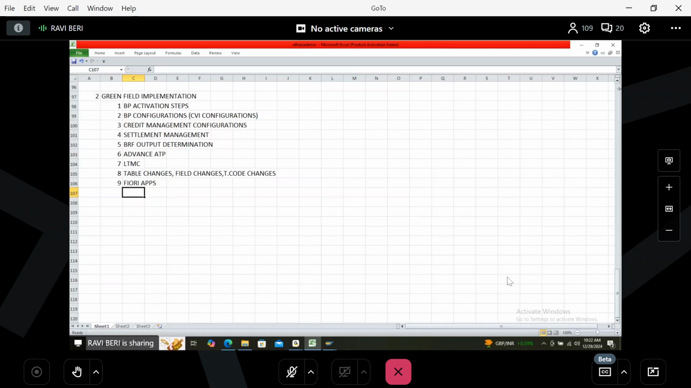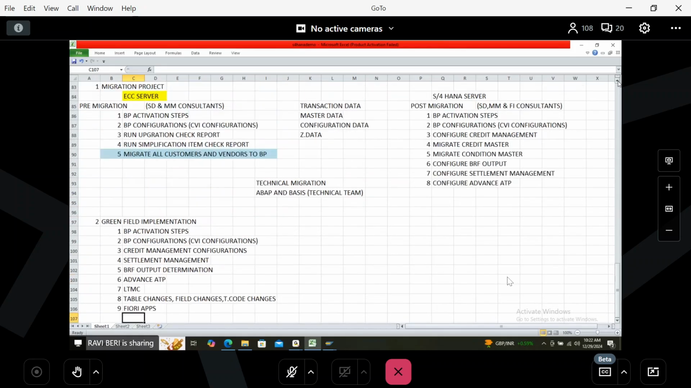So this is our course content in migration project and greenfield implementation. Sir, for interview purposes, is it enough to learn greenfield implementation, or do we have to prepare ECC also? Migration and greenfield both are required. But mainly migration, because in real time most of the projects are migration projects. So migration is most important